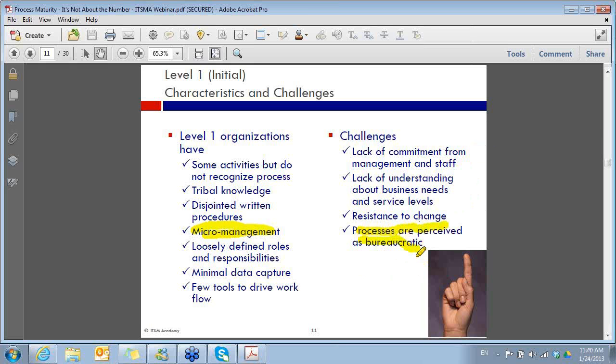They're going to resist. You also probably at this level of maturity don't have a real good understanding of business needs because you don't have the service strategy processes, or maybe you don't have even the service design processes like service level management in place that really enable you to clearly understand what those business needs are. Very often organizations, their first iteration of service level management is the IT organization putting in place SLAs, and those SLAs include targets that were pretty much pulled out of the air.